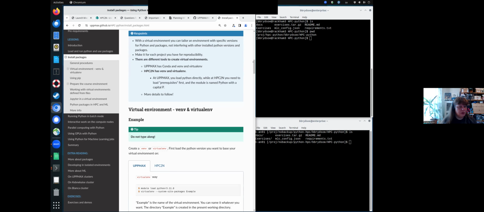So if you have a virtual environment, you tailor the environment with specific versions for Python and packages so that you don't interfere with other installed Python versions and packages. You make it for each project so you have reproducibility. And there are different tools to create the environment. UPPMAX has conda, venv, virtualenv. HPC2N has venv and virtualenv. And again,